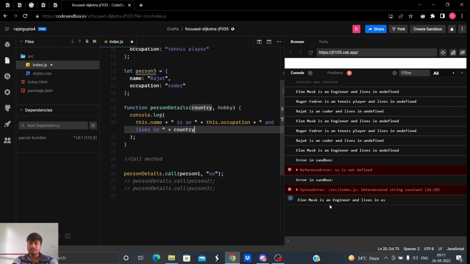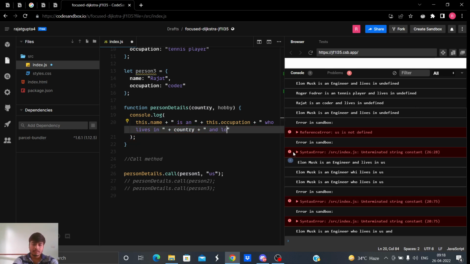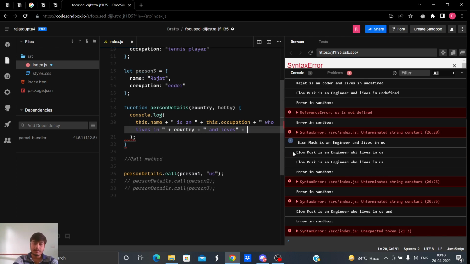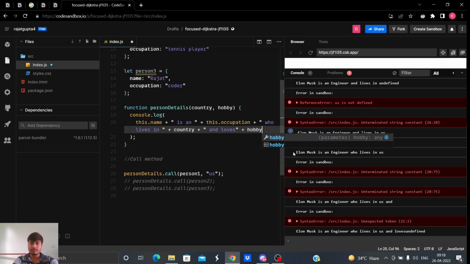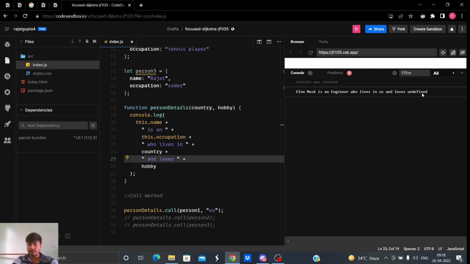Elon Musk is an engineer and lives in US, and loves, not car, loves hobby. But again you can see the hobby is undefined.